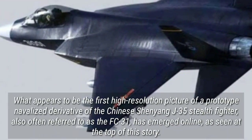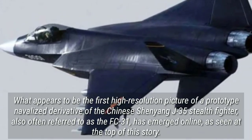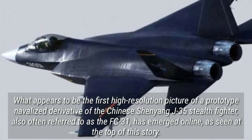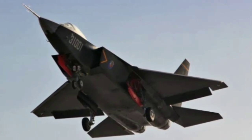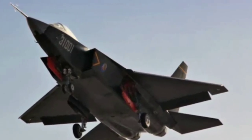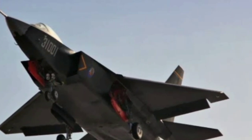What appears to be the first high-resolution picture of a prototype navalized derivative of the Chinese Shenyang J-35 stealth fighter, also often referred to as the FC-31, has emerged online, as seen at the top of this story. A number of interesting details about the aircraft, which wears the serial number 35003 and a grey tactical paint scheme with subdued national insignia, along with other markings, are visible in the images, including with regard to its canopy and